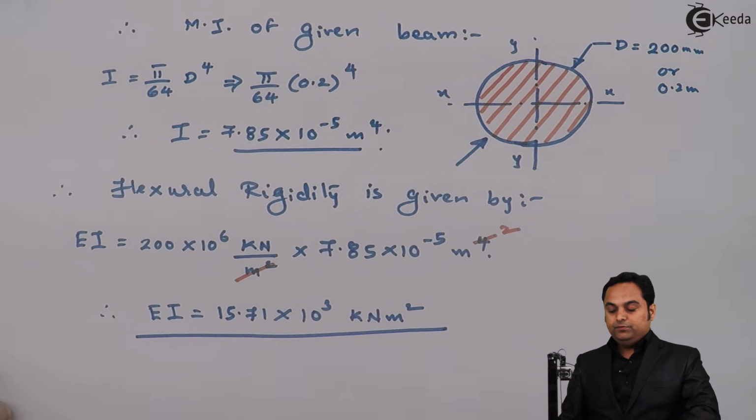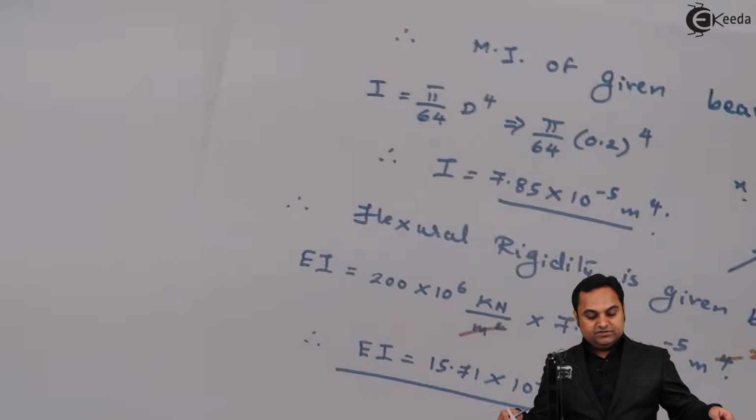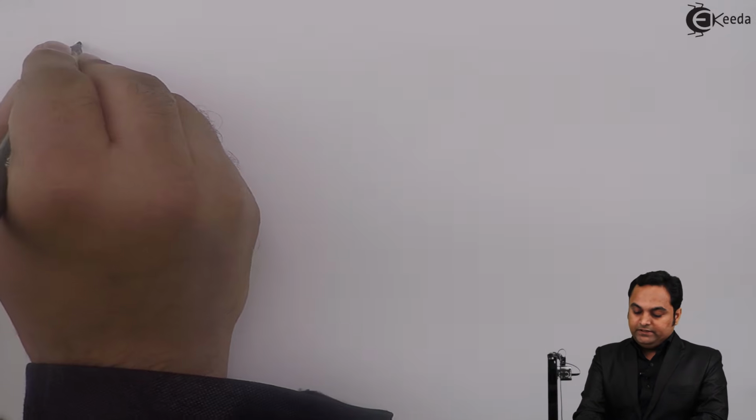This EI value would be required further in the problem. Now, after we have reached this stage, the next thing would be, since we are solving it by using double integration method, so here I'll say that let